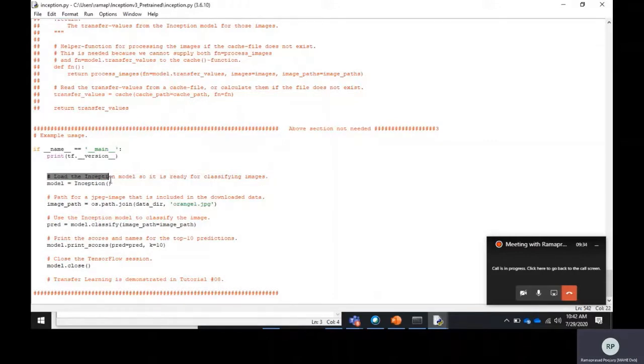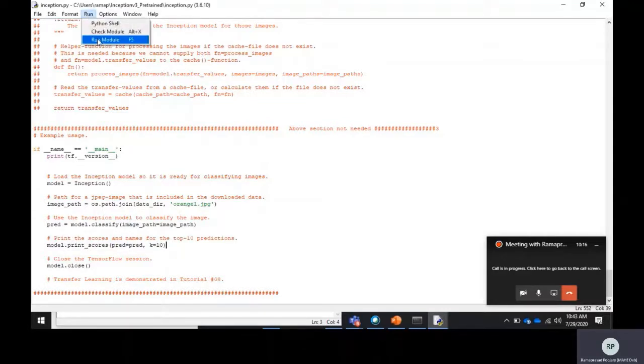So you load the Inception model, you feed the input image to the model for testing purposes. Then you use the classification function, which is already there above. You will use that function to classify this image, whose path is here. And after that, finally, you can print the score. You know that there are 1000 classes, but you don't want to give a score for all the 1000 classes. So you can pick the top 10 classes by mentioning k equal to 10. That means only the top 10 scores will be shown. So this is going to be the essence of it.